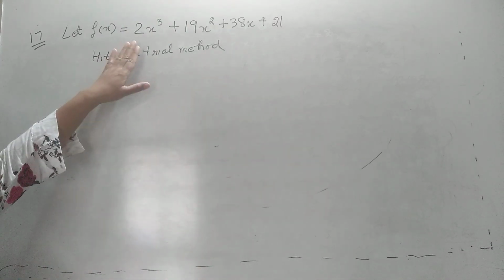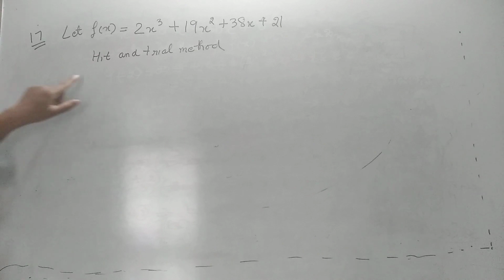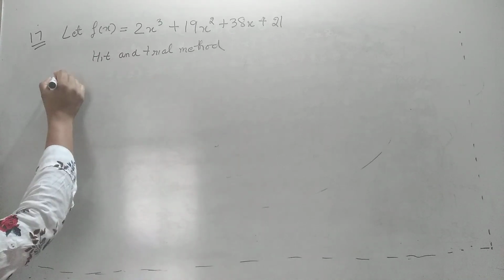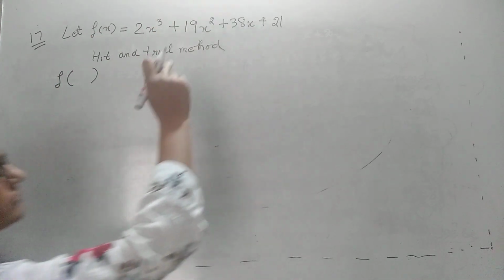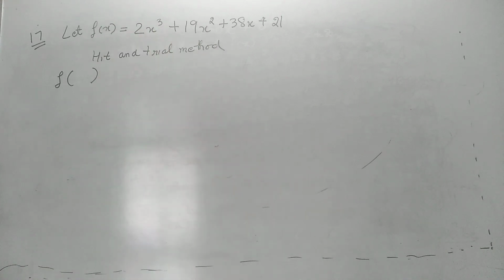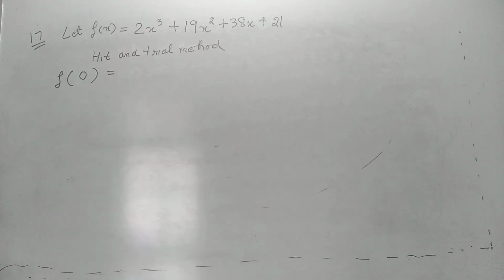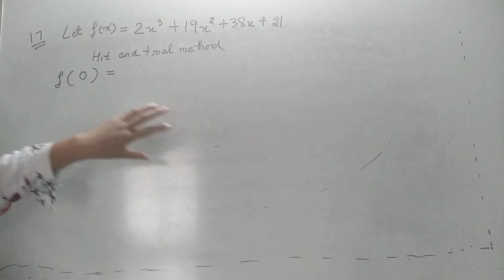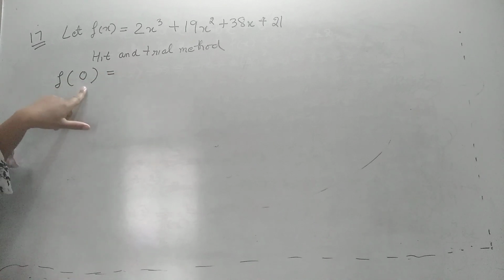We are only given the polynomial and we have to factorize it by using factor theorem. So how will the factor come? By hit and trial method. What is hit and trial method? We will find a number such that if I substitute it in place of x, then this f(x) becomes 0. Which numbers should I start from? I will start from 0. Then I will substitute 1, minus 1, 2, minus 2, 3, minus 3 like that. You will not take 10, 20, 30, 100. You don't have to take those numbers. You will always start from 0, then 1, 2, 3, and you can also try negative numbers.